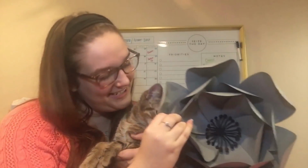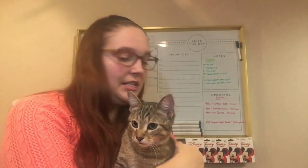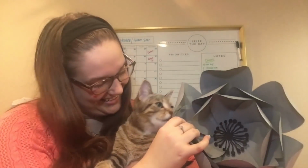I'm going to be showing you how to hang up some paper flowers. And in my opinion, this is the easiest, the quickest, and just the simplest way to do it. All you're going to need are your paper flowers, a pair of scissors,